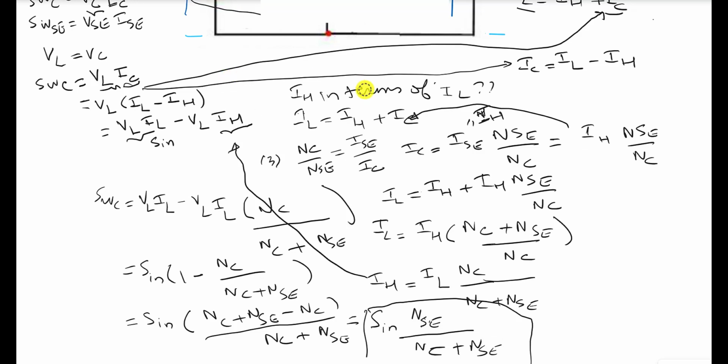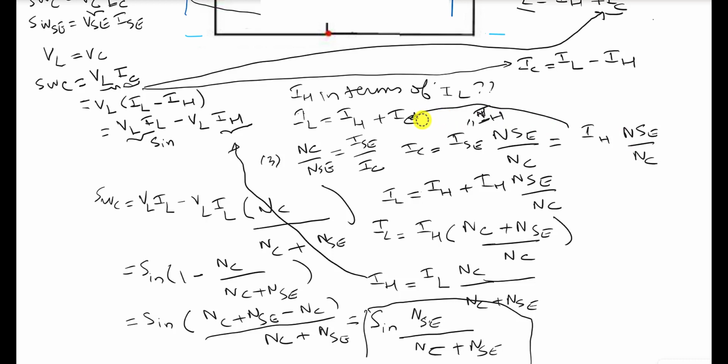What is IH in terms of IL? Equation 1 told us IL is equal to IH plus IC. Equation 3 gave us NC over NSE is equal to ISC over IC. Cross multiply, we get IC is equal to ISE times NSE over NC. We have equation 2 say ISE is equal to the same thing as IH, so we have this at the end. Now we can replace